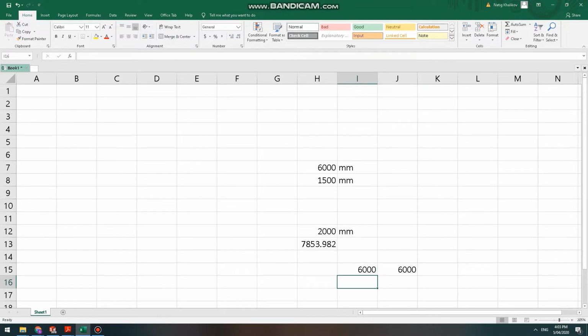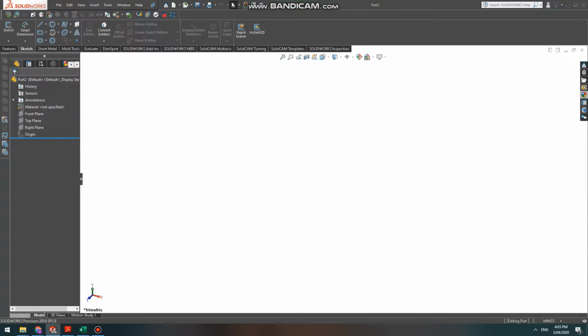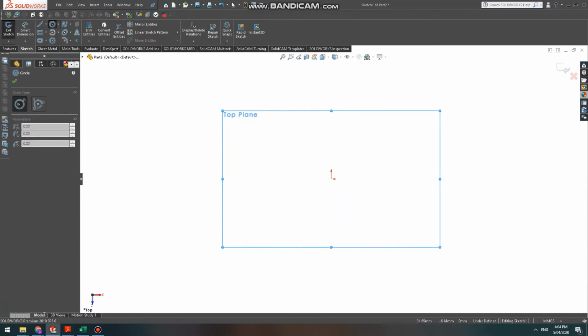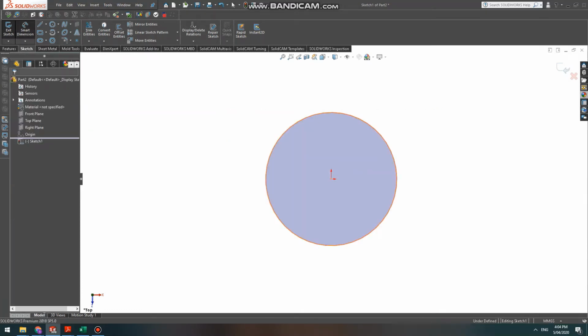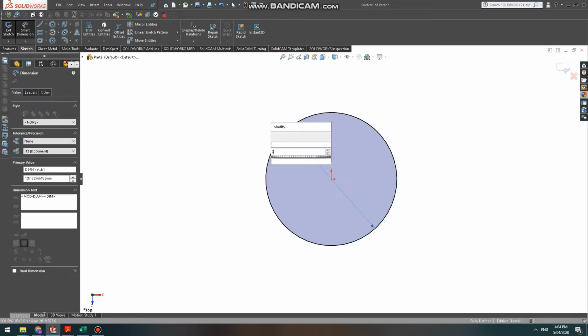So you will take a sheet material, 6000 millimeter length, two of them, two sheet materials, and weld them to each other. And at the top part you will do the same thing. So it will look like this. I'll just do it now. So front plane, top plane. I'll do it in top plane. So it will be 2500,